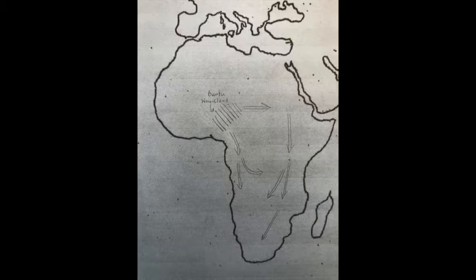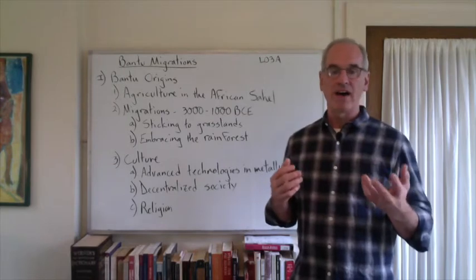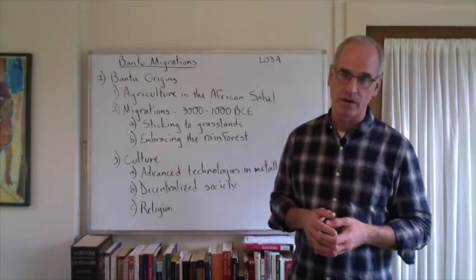Other branches of the Bantu-speaking peoples actually moved into tropical rainforest Africa, in the area of the Congo. And there they had to really adapt their agriculture, right? They had to develop new crops. Now they had the idea of agriculture, they understood how it worked, so they developed new tropical crops, and then they expanded throughout this tropical rainforest zone in central West Africa, which is today the Democratic Republic of Congo, etc. And so by 1000 BC, they had basically pushed into most of sub-Saharan Africa.